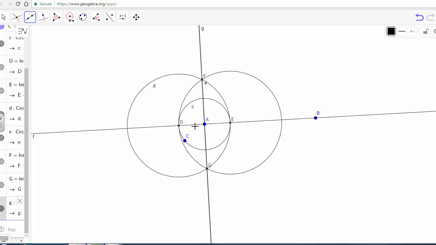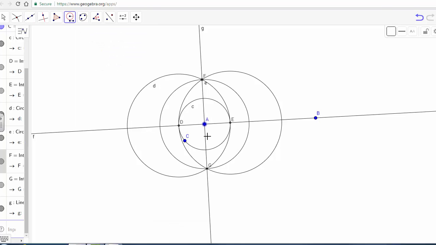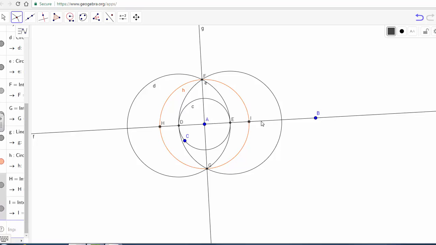Now I can kind of arbitrarily choose. So I'm going to look at this distance from A to F, and I'm going to measure it, and then I'm going to sweep it twice going to the right on line AB. So what I'm going to do is get my compass, and I'm going to measure that distance. So I've got this circle right here, and I'm going to leave it right there, and I'm going to change that circle color just so I can remember what I'm dealing with. I'm going to make it orange. Now that orange circle intersects line AB at 2 points, and I'm going to care about the right-hand point. I'm going to mark that intersection point by clicking the circle and clicking the line, and I get points H